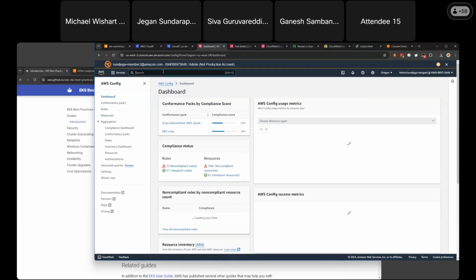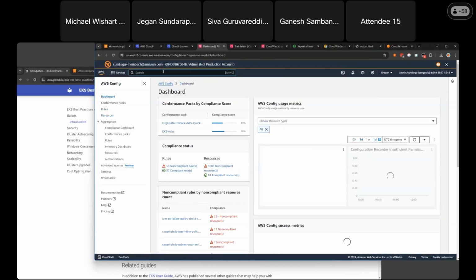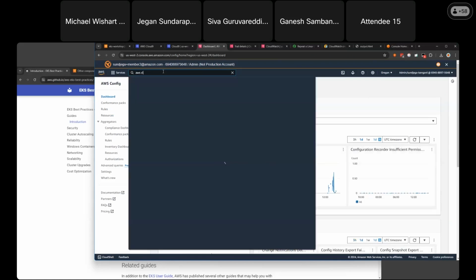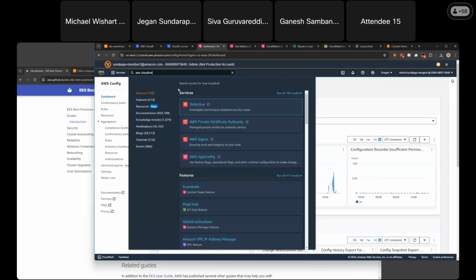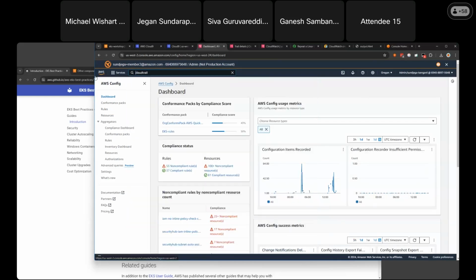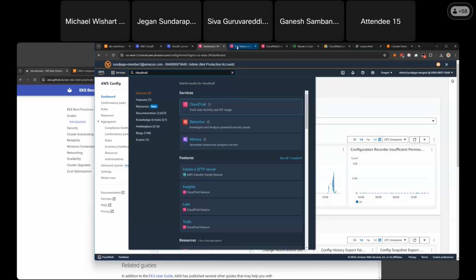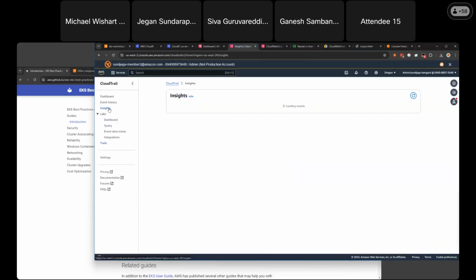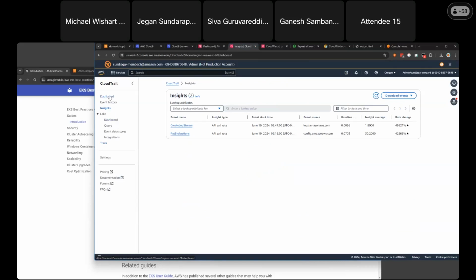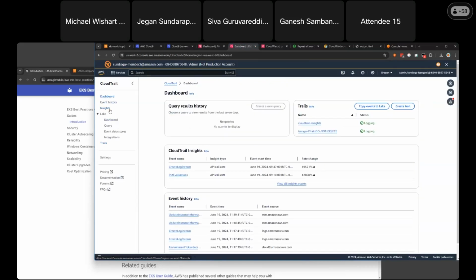Okay. So let's just pivot to CloudTrail before we get back to this one and check on this. CloudTrail is another service that I talked about. Give me 1 second. Let me launch CloudTrail. Oh, it's right here. So CloudTrail is able to record various events.